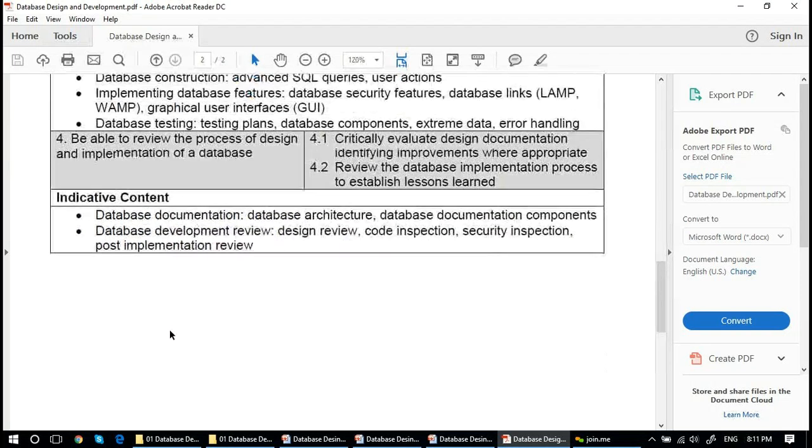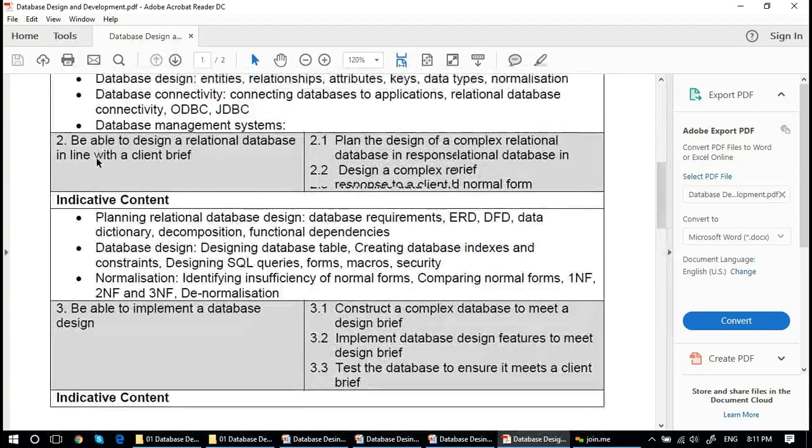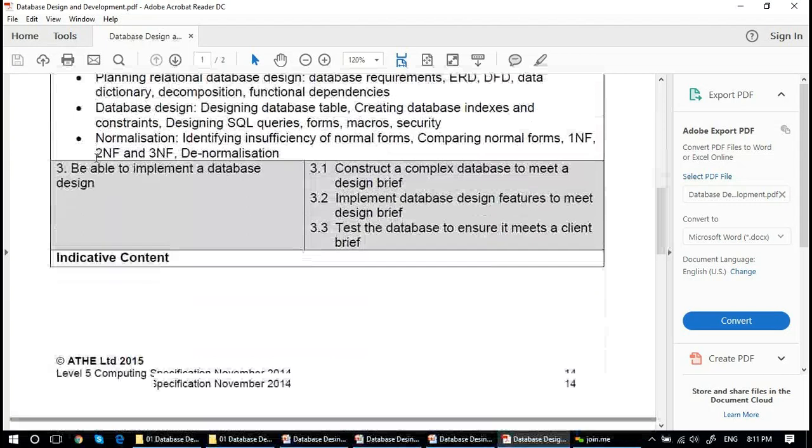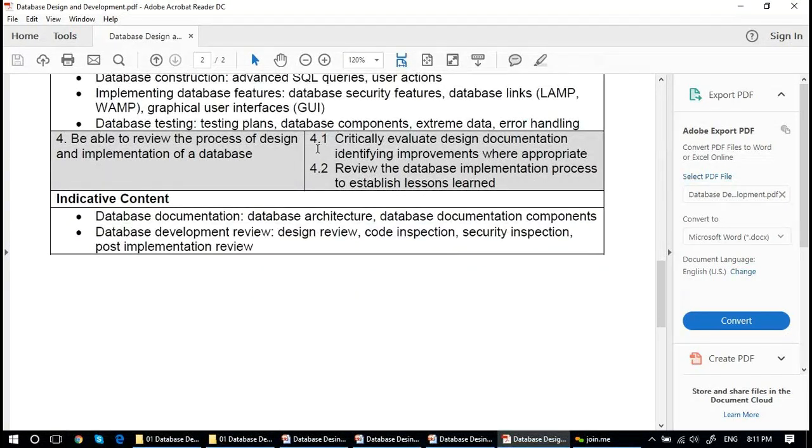So today, we assume that you designed the database, you implemented the database, and now we are going to review the process of design and implementation of the database. The reviewing of the database would basically be dependent on the documentation, on what was proposed and what is implemented.